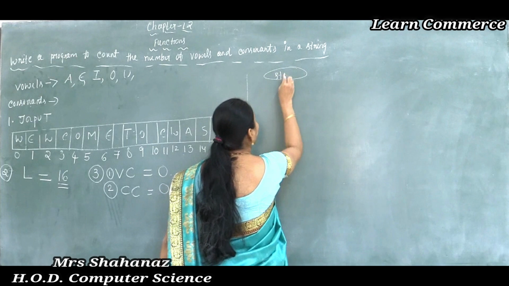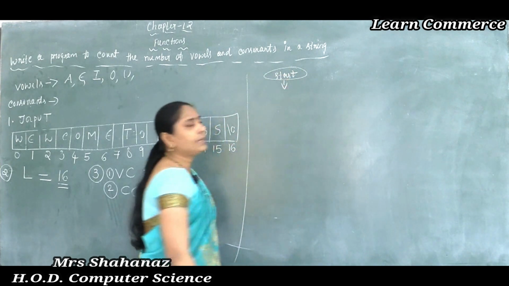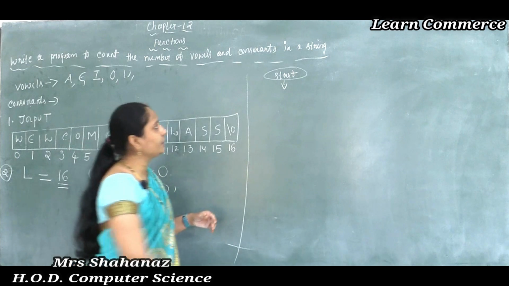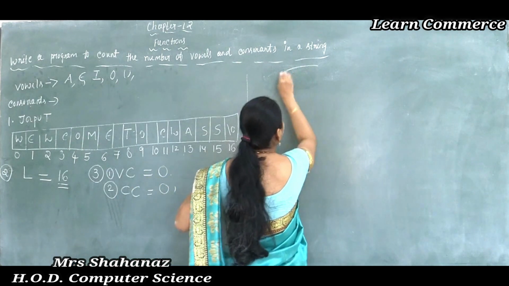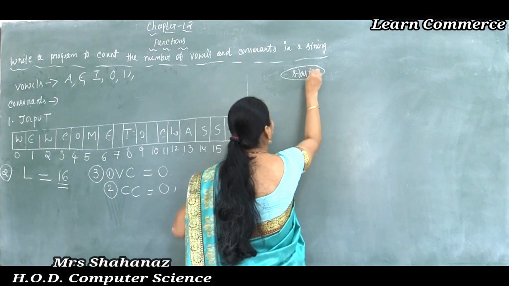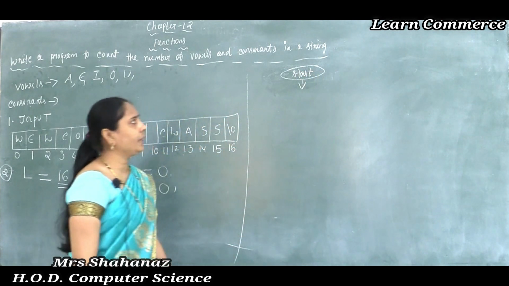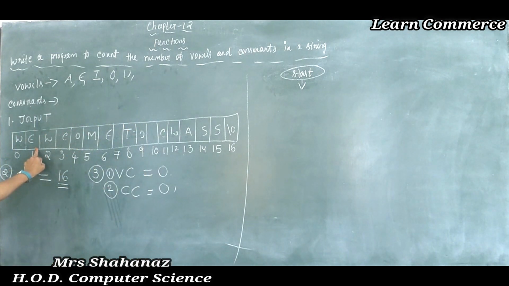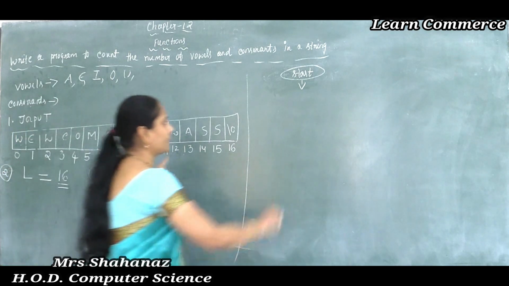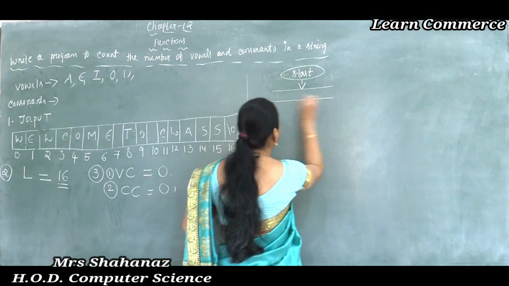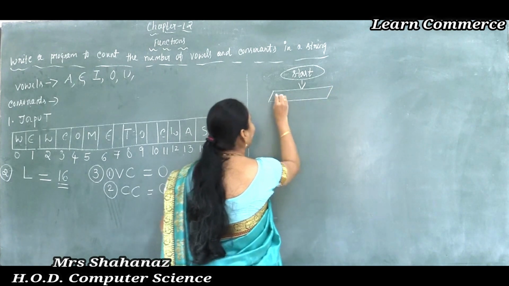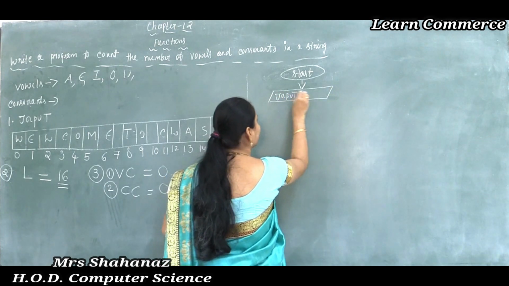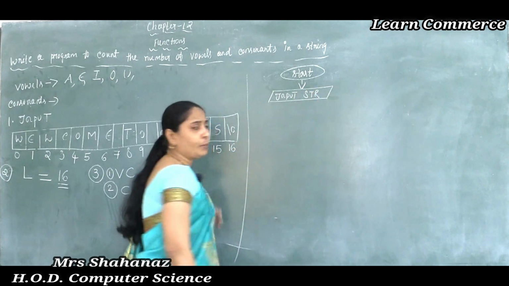First of all, I am going to start the program by using the terminal symbol. I am starting the program by using our terminal symbol in this case. Later, after completing the start, we know that without inputting any string value through the keyboard, we can't find the number of vowels and the number of consonants. Correct here? So now the second part: I am going to input the string "welcome to class" by using the input symbol.